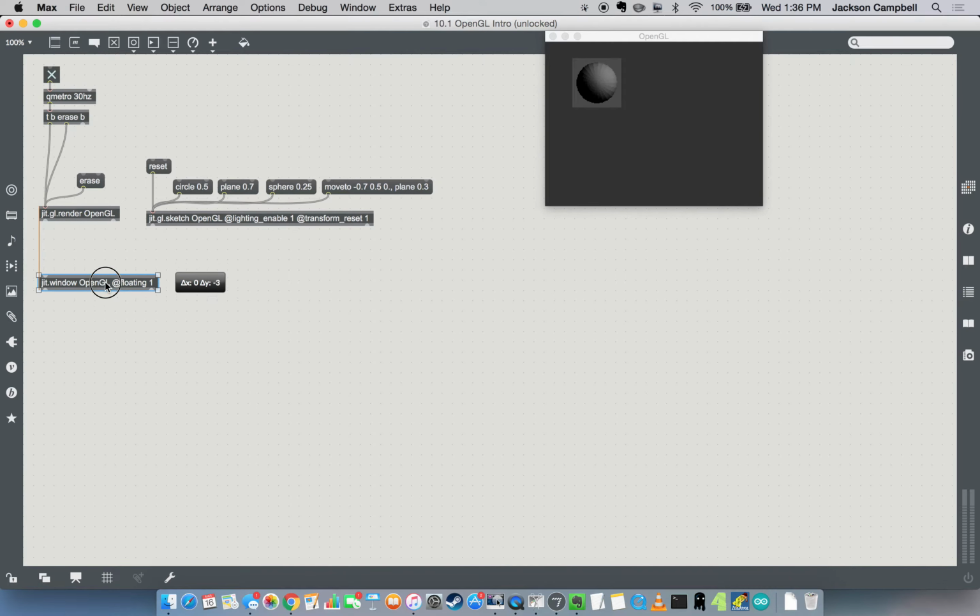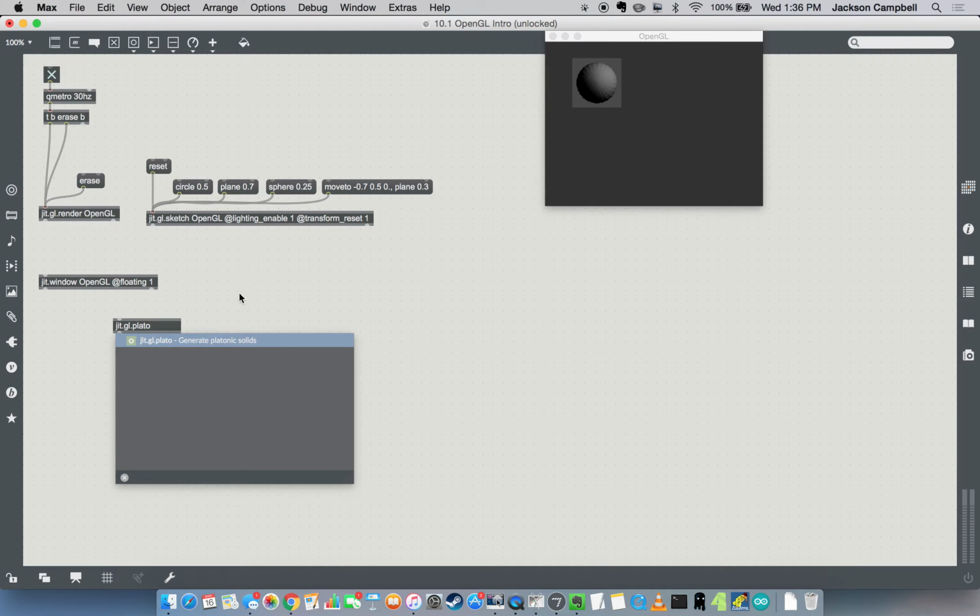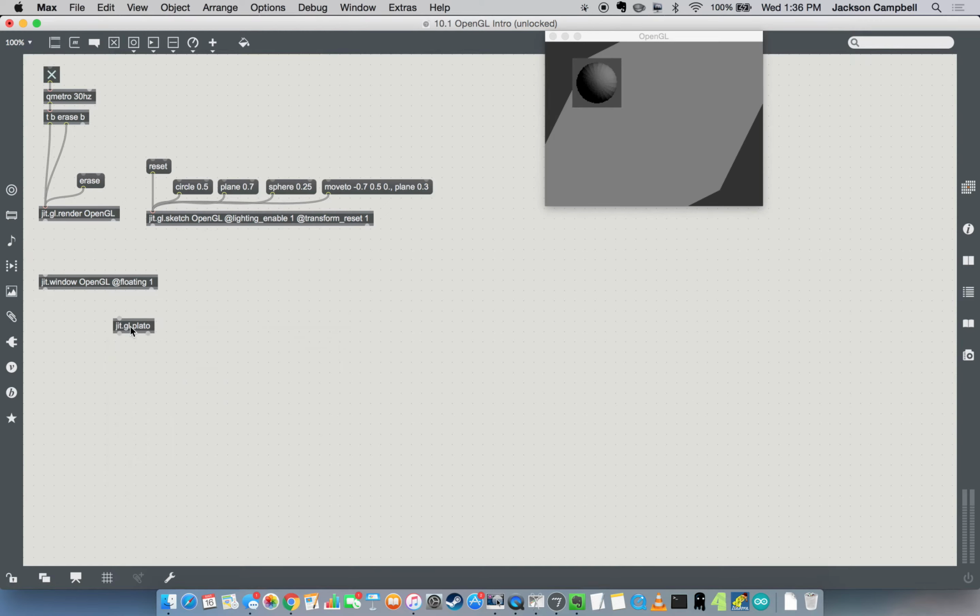There is another way to look at objects, or to render primitive objects, and that is there's GitGL Play-Doh and GitGL Grid Shape. GitGL Play-Doh. It's short for platonic solids. You know what a platonic solid is? It was